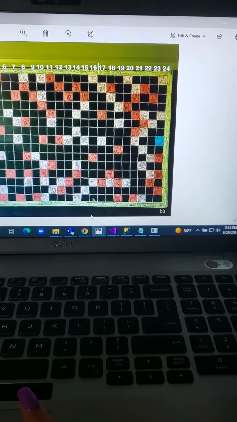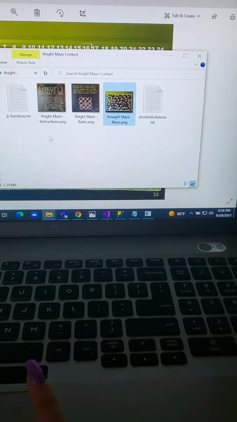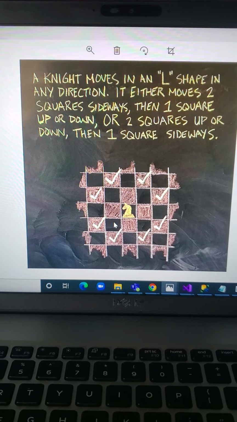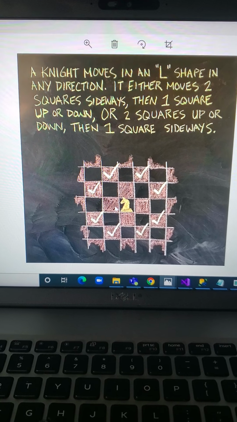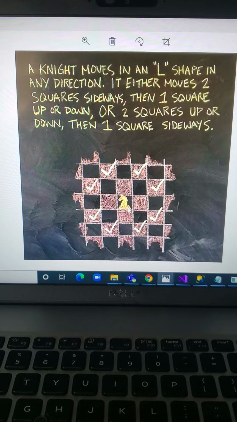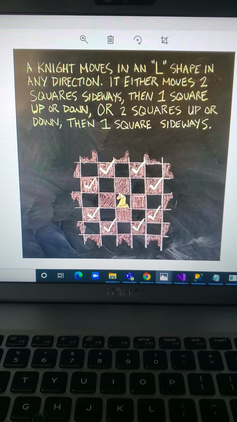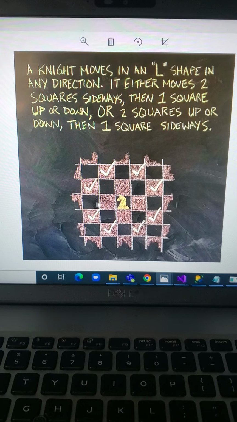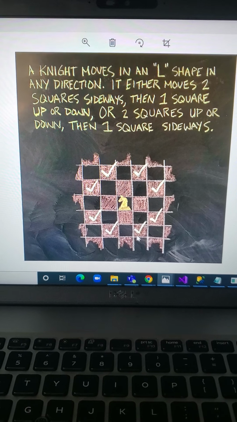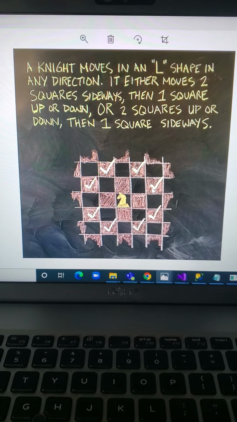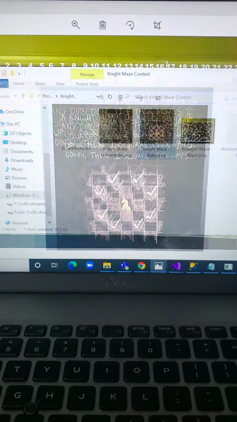So what it is, you have a knight in chess, and if you know anything about chess, the knight can only move to certain squares. It can move over 2 and up 1, or over 2 down 2, over. There's 8 different ways it can go. And the point of this